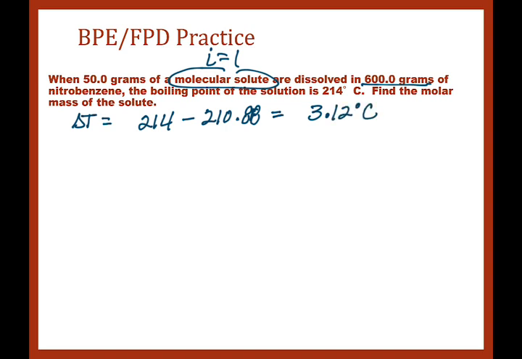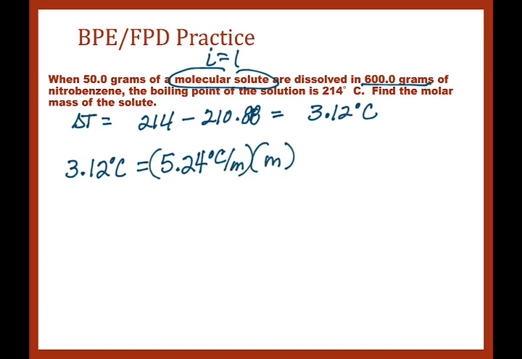Okay, so that's my delta T. So I know that I have 3.12 degrees C is my delta T. I know that my boiling point constant for the nitrobenzene is 5.24. I do not know what molality is. That's what I'm going to solve for, and this is 1. Okay, so when I do my cross multiplying, my simple algebra, I'm going to get that I have a molality